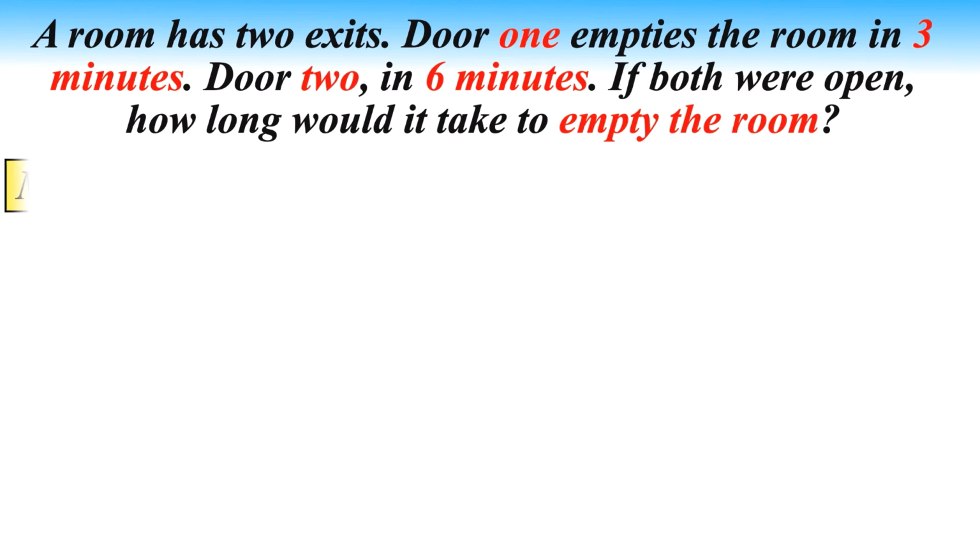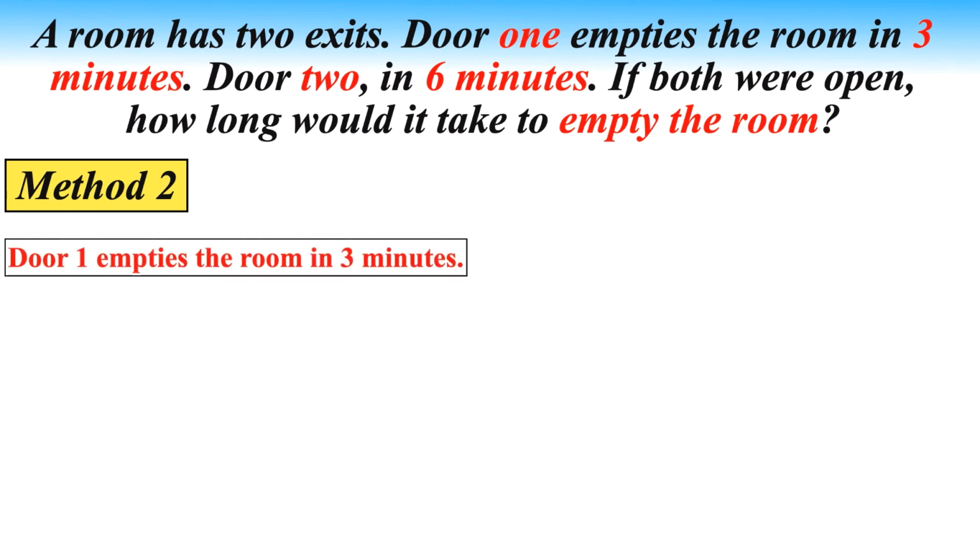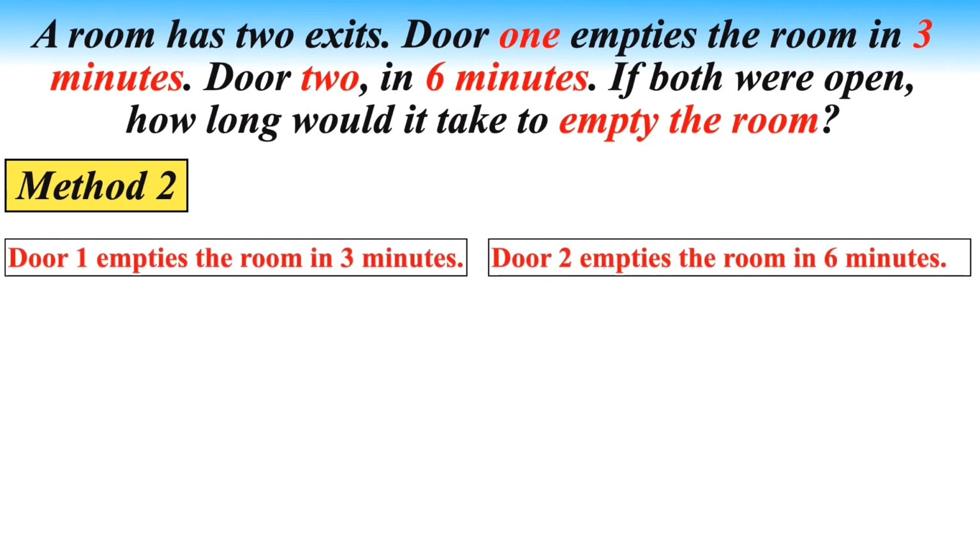Let's look into the second approach. In this approach, we will use the concept of LCM to find the solution. I will show you how to solve such problems without touching a pen or paper. We know that from the question, door 1 empties the room in 3 minutes, door 2 empties the room in 6 minutes. Let the volume of the room be the LCM of 3 and 6, which is equal to 6